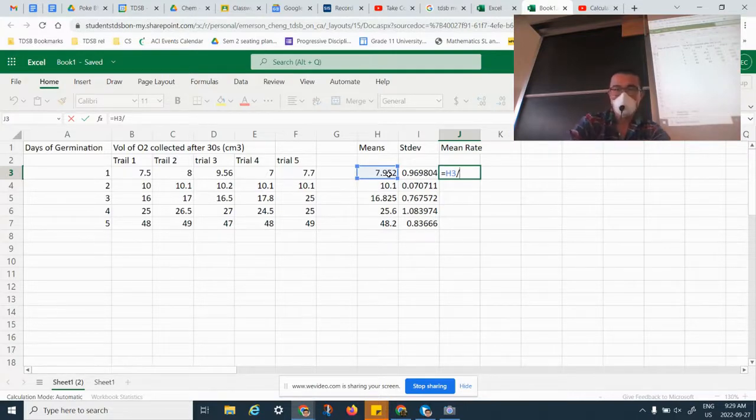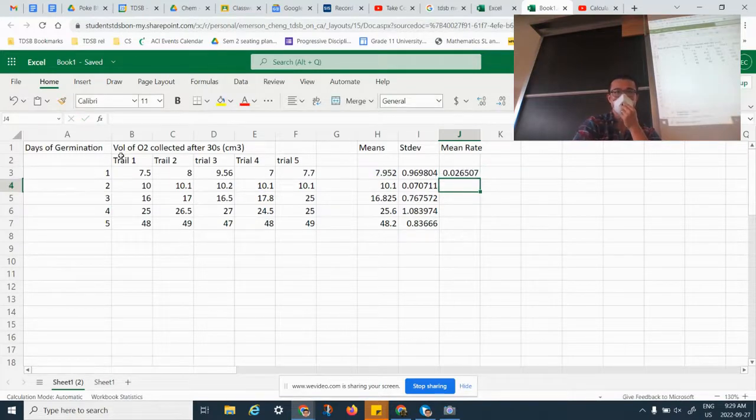So divide, I put a bracket here, 30. And in computer language, star means multiplying times 10, because every column, they use about 10 grams of seeds. Close the bracket,